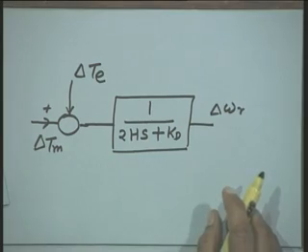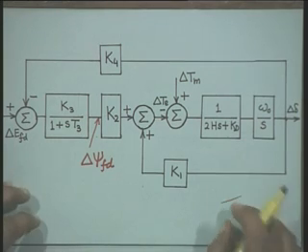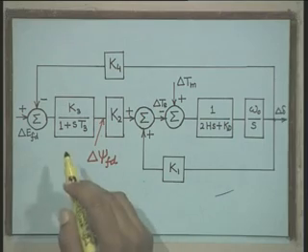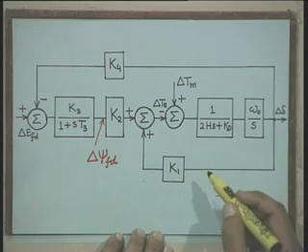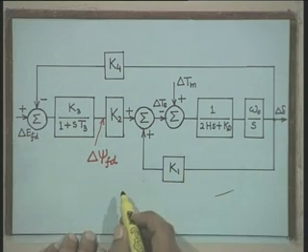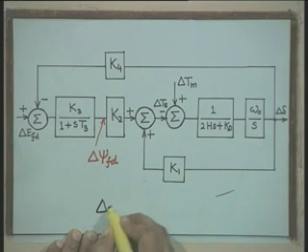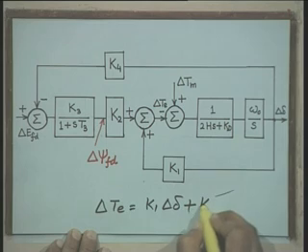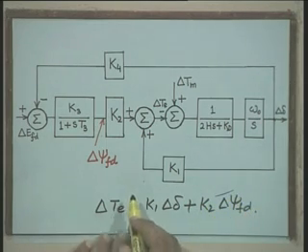With this simplification incorporated, the complete transfer function model incorporating the field circuit dynamics is shown here. This portion of the model is the one which was developed earlier. Now, since we have to incorporate the effect of field circuit dynamics, since delta T e is equal to K 1 delta delta plus K 2 delta psi f d, right. Therefore, at this summation point,